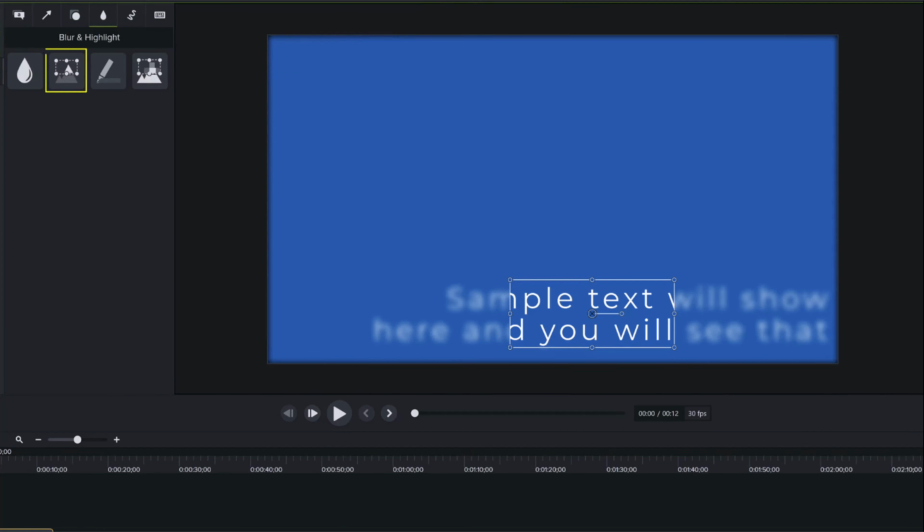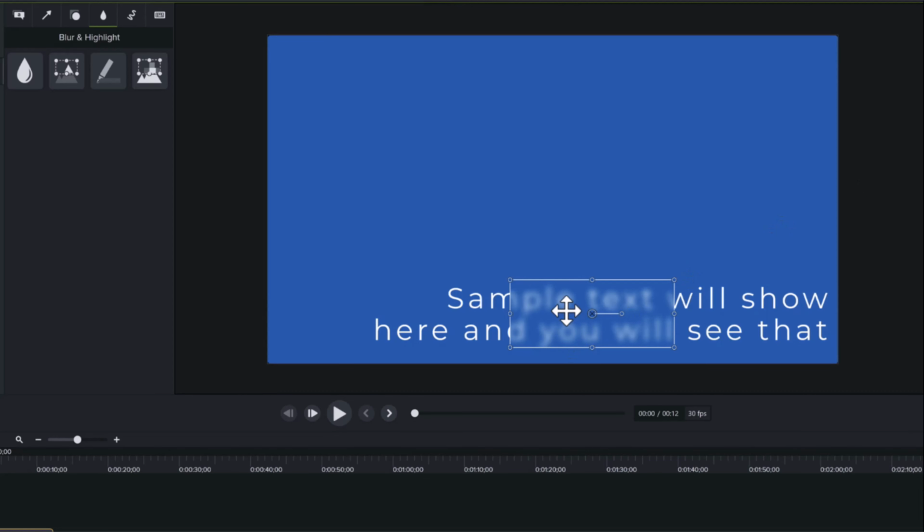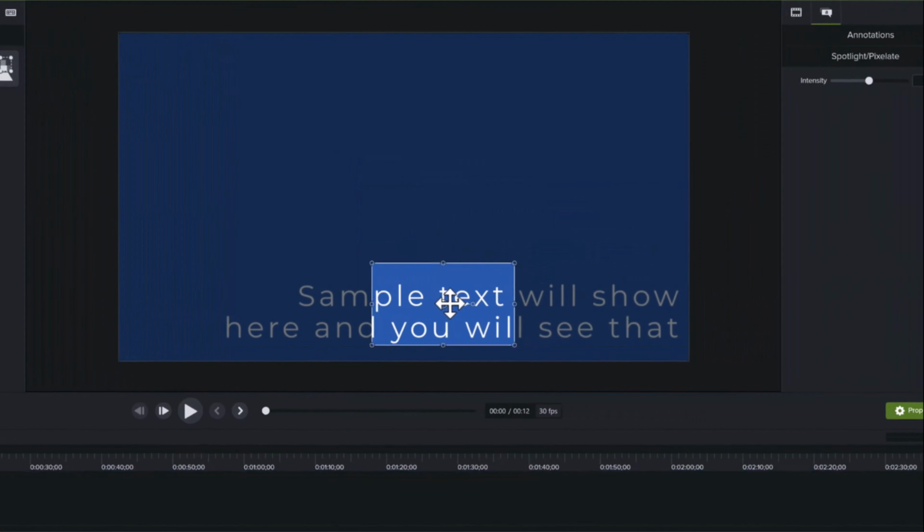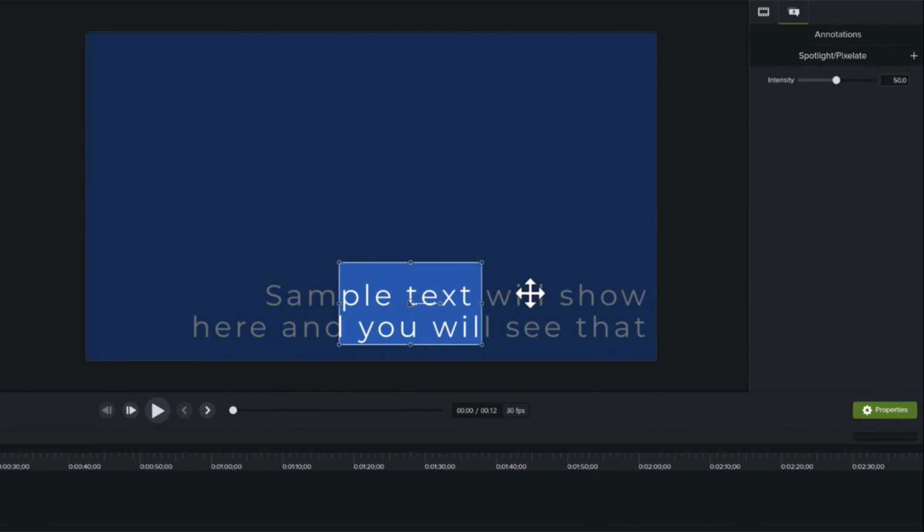The following annotation is a spotlight. Let's get rid of the blur and drag on a spotlight annotation. Out of the box, this is very much like an inverted blur, but the default look darkens everything outside of the box. If you don't want to blur the rest of the screen, but darken it a bit, then this